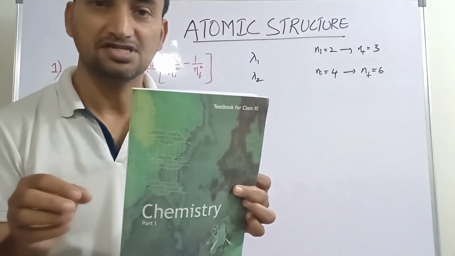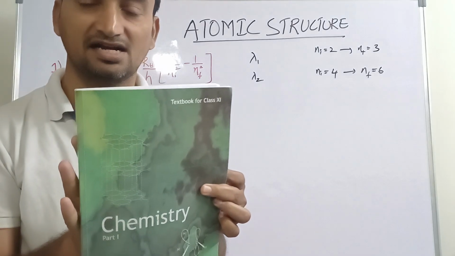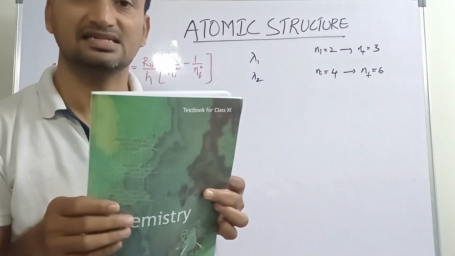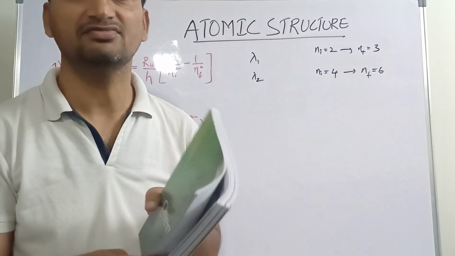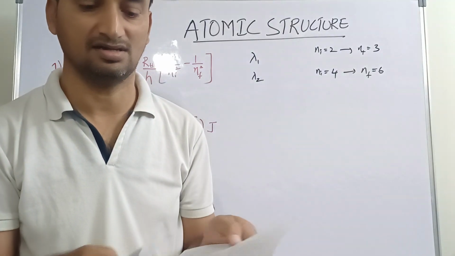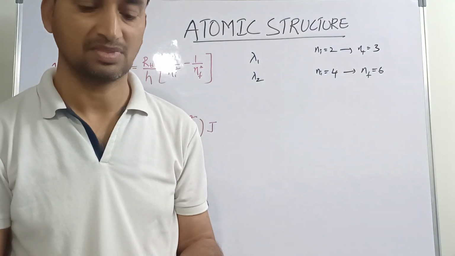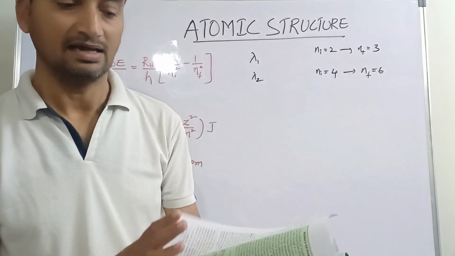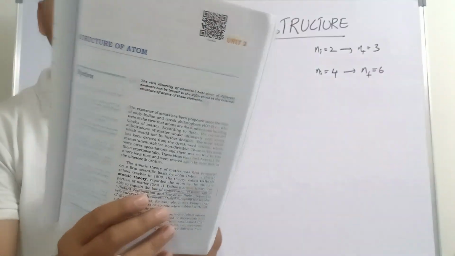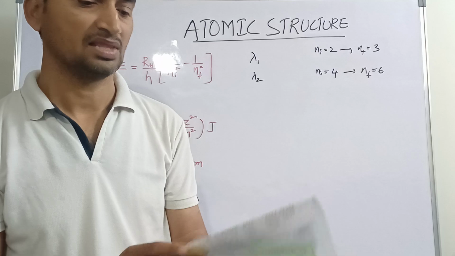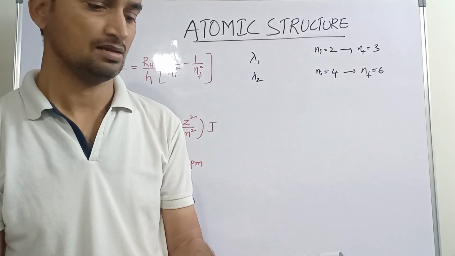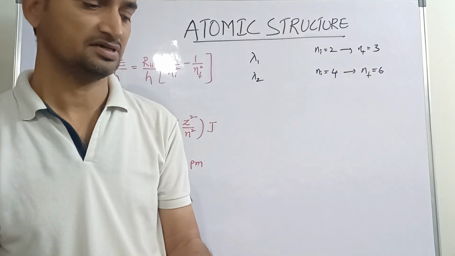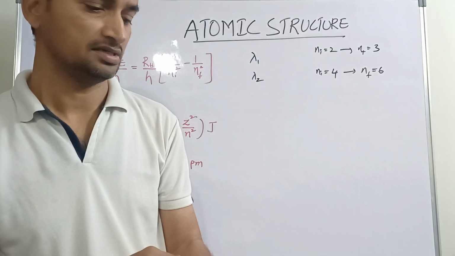We at Chemistry Academy are particularly focusing on the NCERT textbooks for JEE Mains and NEET, and the additional inputs we will definitely give after completion of this NCERT textbook topics. Now here also it is there. This is also directly from the second unit. Now if you see this one, they have given directly the formula in the hydrogen atom spectrum. You see.